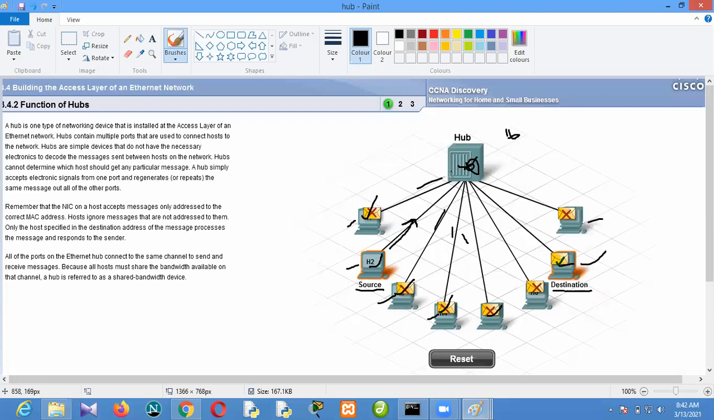It broadcasts the message to all the active ports outside where the message is coming from. The message is coming from this port, so it's not going to send the message back to the source. That's number one. Now, another thing that a hub does, or one of the characteristics of a hub, is that